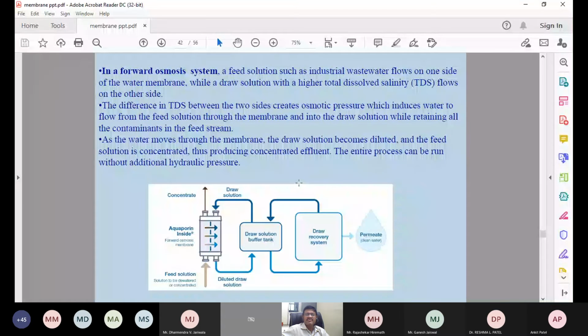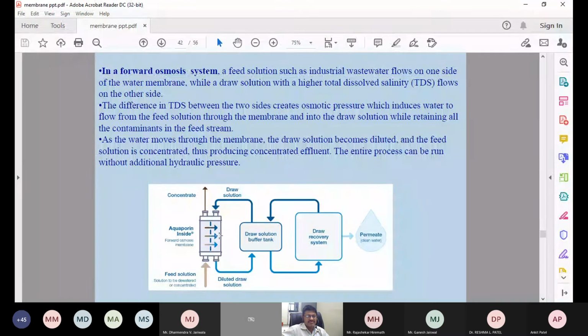We will see how it will be working. See here, the feed solution is coming here. Now water will not pass from lower concentrate to higher concentrate here. If there is a higher concentration here, then only the water will pass. So how will you give the higher concentration here? That is the problem. How will you give the higher concentration on this side so that the water will pass